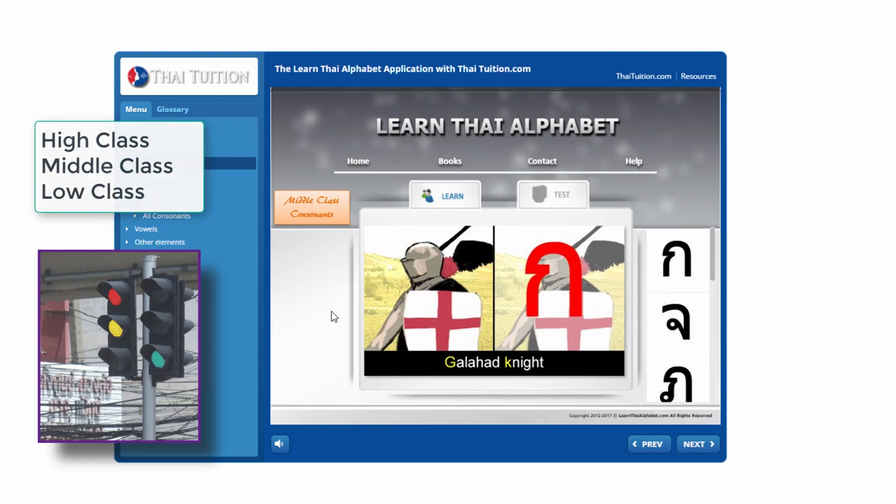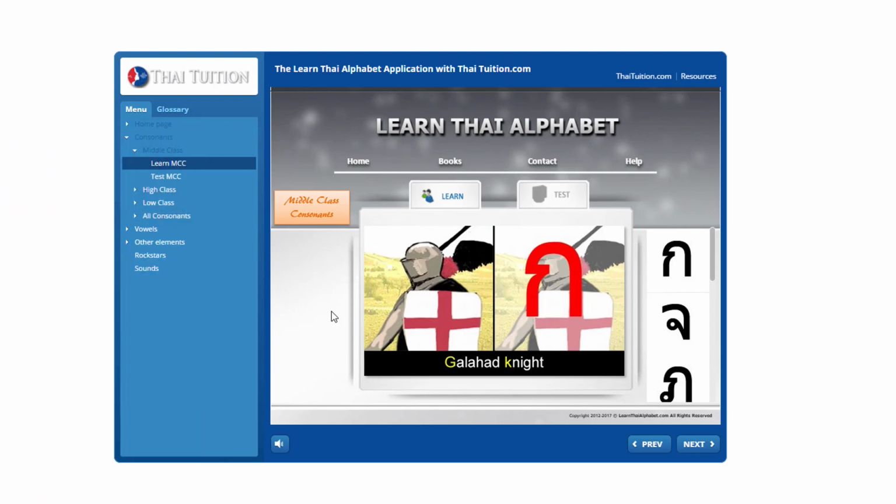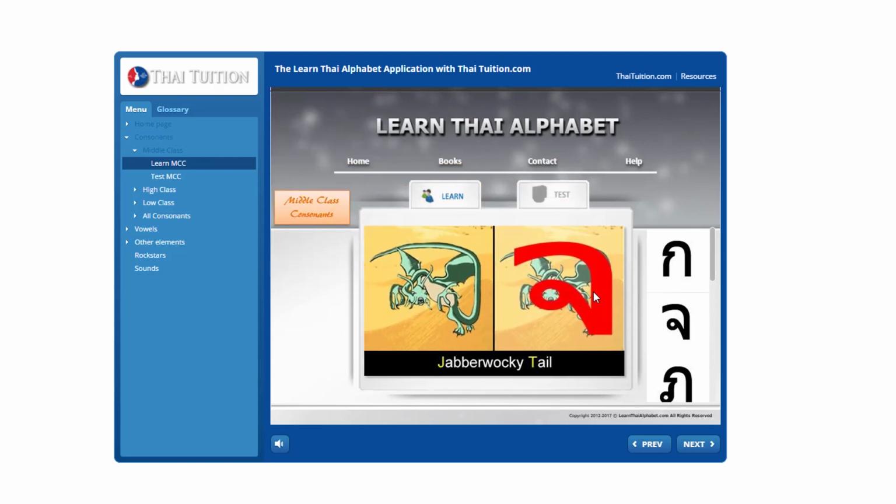Very, very simple. And those are the 3 elements that we need to learn. Now we go on to the next consonant, and this one's called Jabberwocky Tail from Lewis Carroll's Jabberwocky. And here on the left you can see the full image with a yellow background. And then we superimpose the consonant shape on the image on the right. You can see how it conforms to the shape, and all you need to do is remember the name of